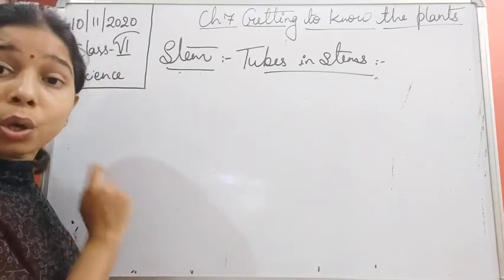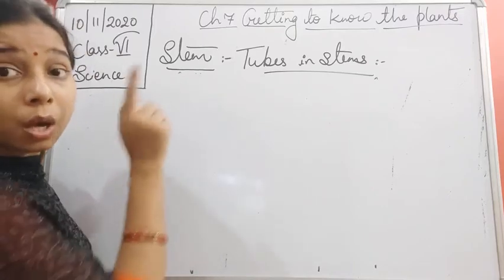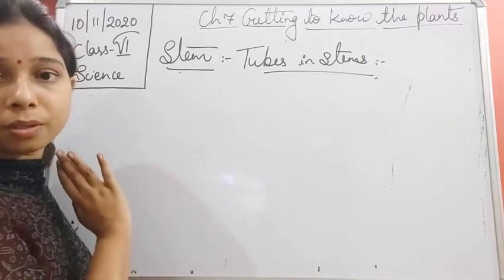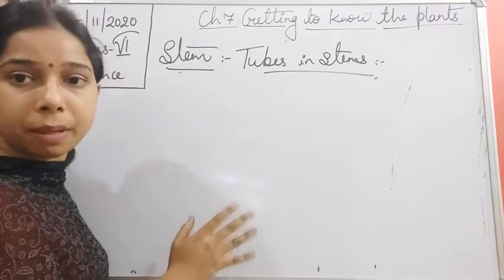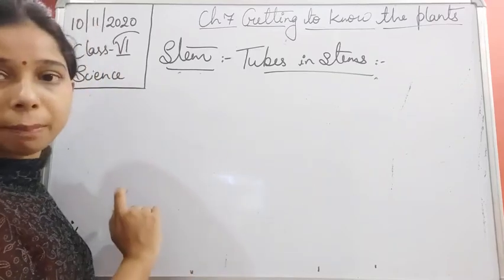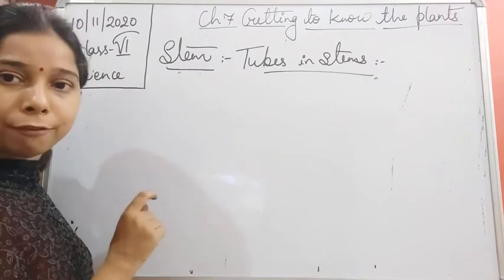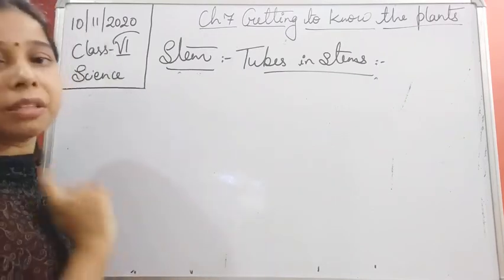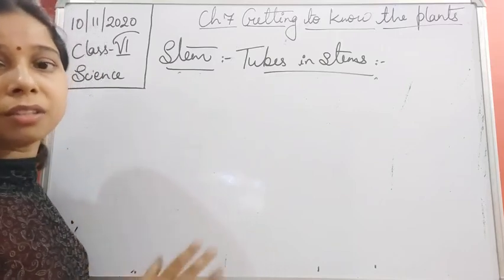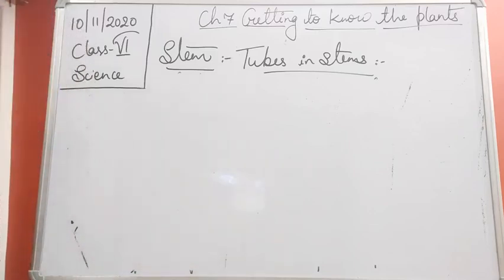One tube is there which used to carry the water and minerals from the root to the leaves, where the leaves use this water and minerals and prepare the food. And once the food is prepared, it is to be distributed to the different parts of the plant. So that tube carries the prepared food to all the different parts of the plant, not only to the root but to the branches and other parts also. Okay, so we can write it.